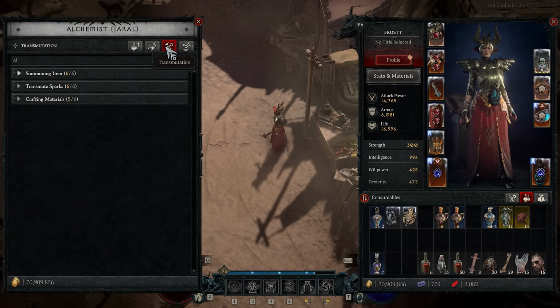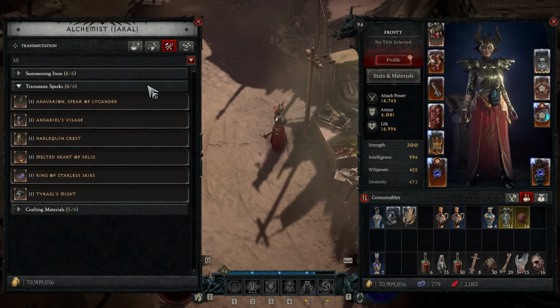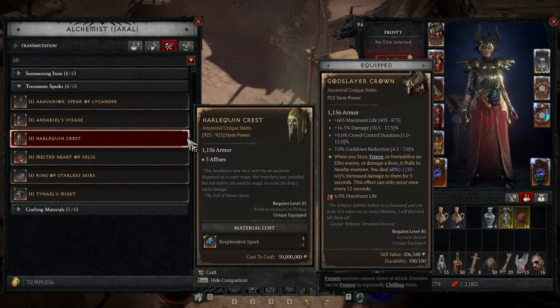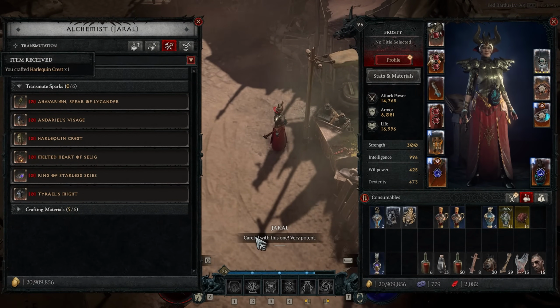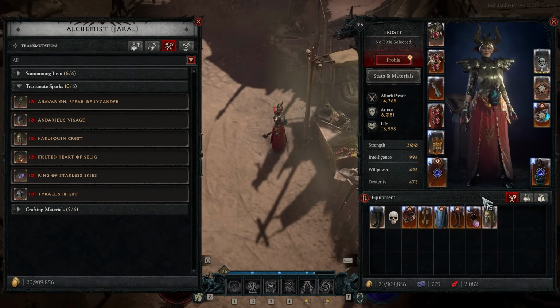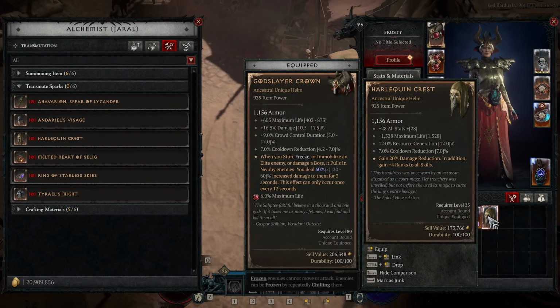Resplendent Sparks and through those uber unique items such as the Harley Quinn crest. As you might already know, you can craft any uber unique item if you have 4 Resplendent Sparks at the Alchemist. So the purpose of this guide is to inform you about the different possible ways of obtaining Resplendent Sparks, so you'll be able to find the most optimal method of doing that for yourself. Again, bear in mind that you'll need a total of 4 in order to craft an uber unique item of